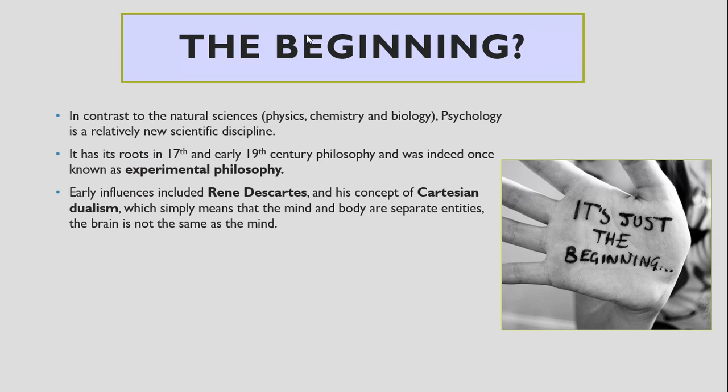Now, psychology is relatively new as a science, and it evolved from philosophy. So you had the work of philosophers like Descartes and John Locke, who gave some ideas that psychology followed on from, and you see a lot of philosophy in the early psychological work. So psychology evolved as a science from some philosophical work that was done before.